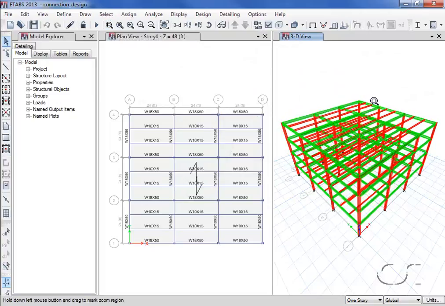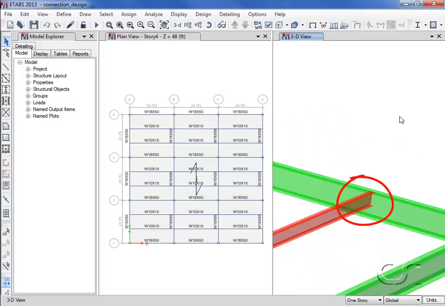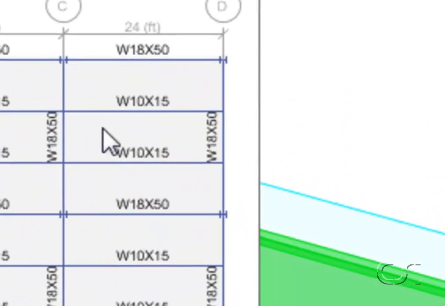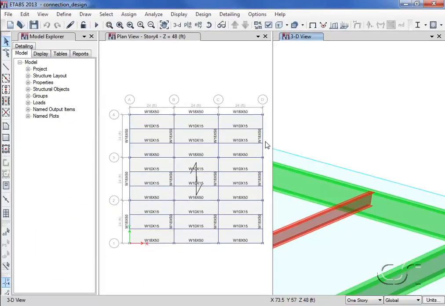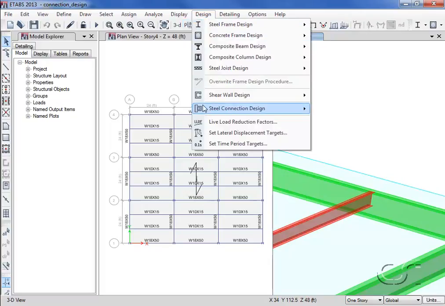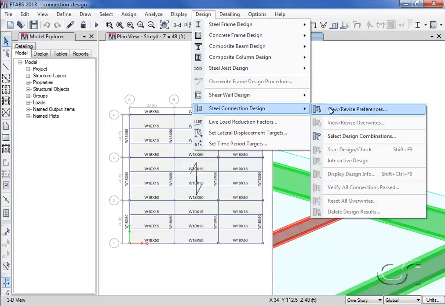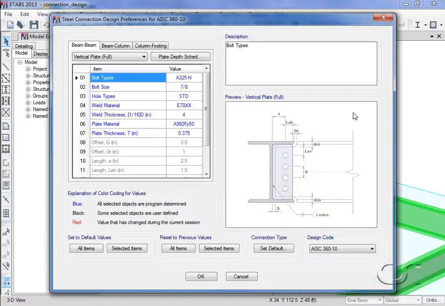If we zoom in on the 3D view, we can see a typical beam to beam arrangement. Note that the floor joist is not as deep as the girder. For this model, we have a W10 section framing into a W18 section. If we go to the steel connection design preferences, and select the Beam to Beam tab,